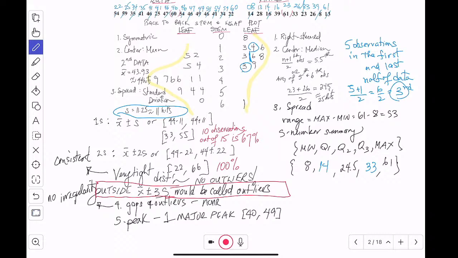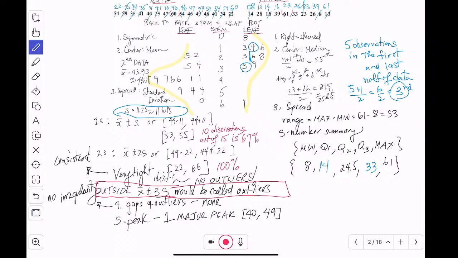Now in the notes and in the videos, I do more of a discussion about analyzing that distribution. It's clearly right skewed. We can see that, but you would also be able to see that in a box plot made from this 5-number summary. Any questions about the 5-number summary?